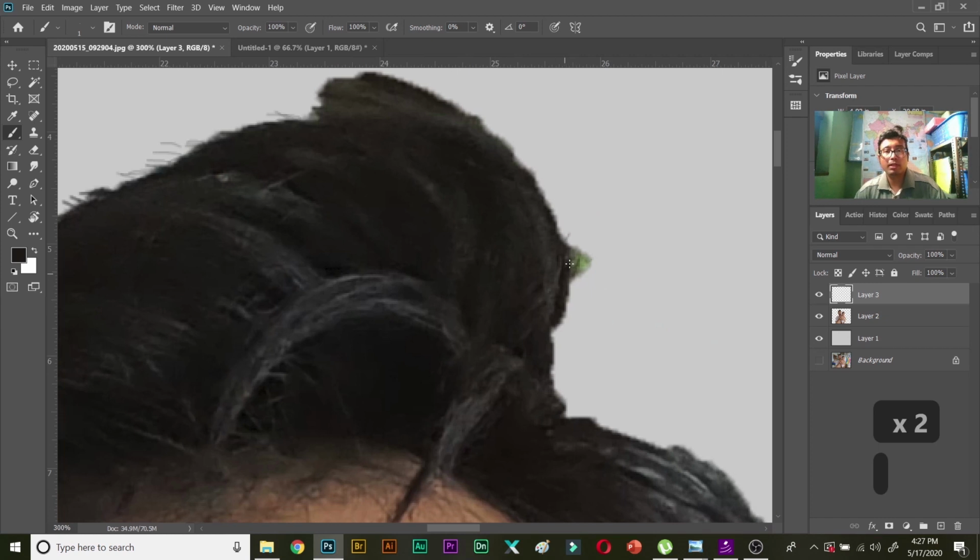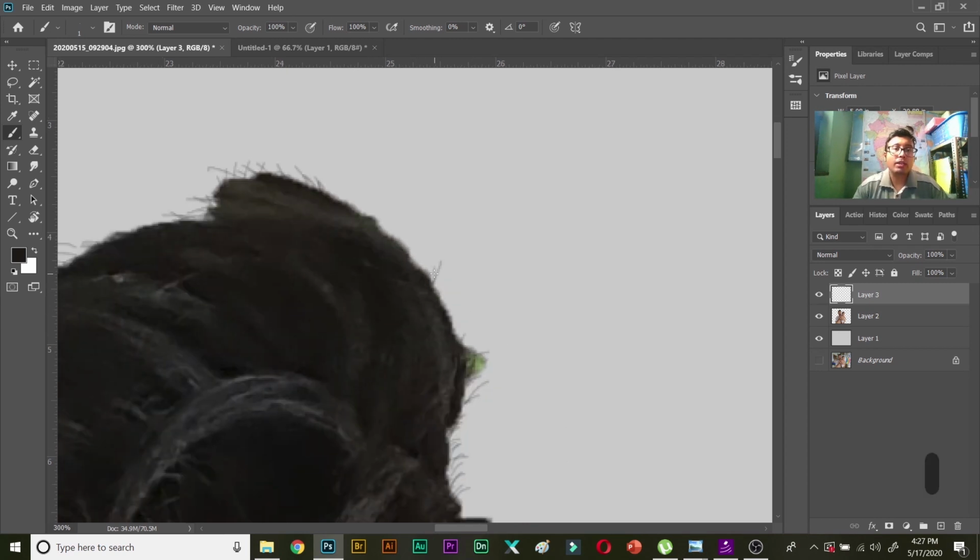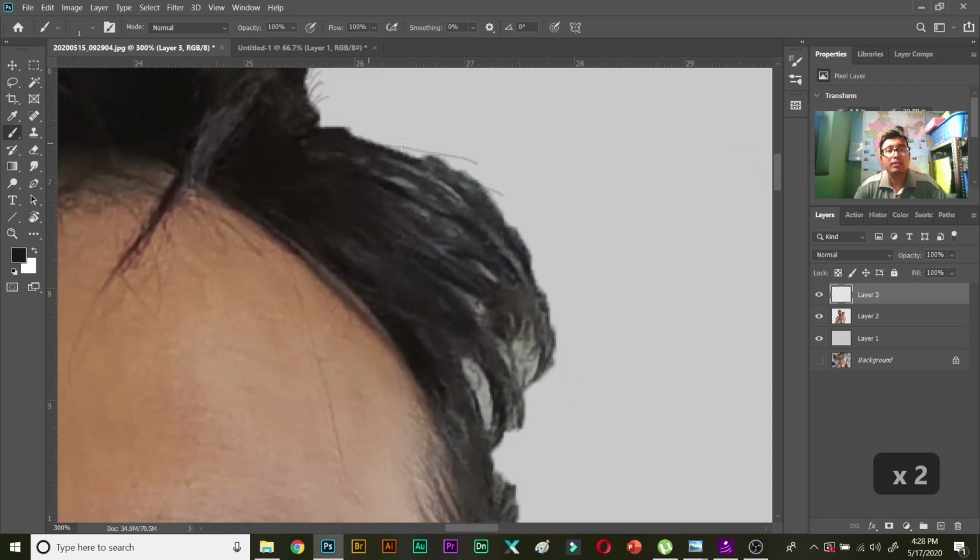So over here, wherever there are jagged parts, you need to make them real by painting with the hairbrush. Mind you, I'm using a mouse. I'm not using any tablet. Many Photoshop videos on YouTube must be showing you they are using tablets, and of course tablets are much easier to operate, but this is possible with simple mouse clicks only. Now you need to take your time and decorate depending on your patience and needs, but trust me, you can get some very realistic results with this. Wherever you think the hair selection is bad, you can just add more hairs with this.